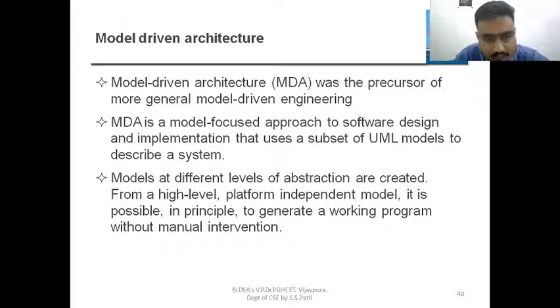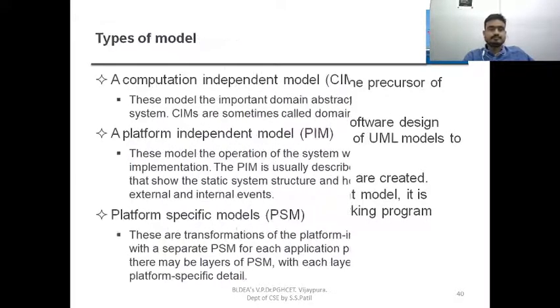From a high level platform independent model, it is possible in principle to generate the working program without manual intervention. That is nothing but the one small model you have developed being fully automated, so there is no need to operate it manually. So this is the model driven architecture.